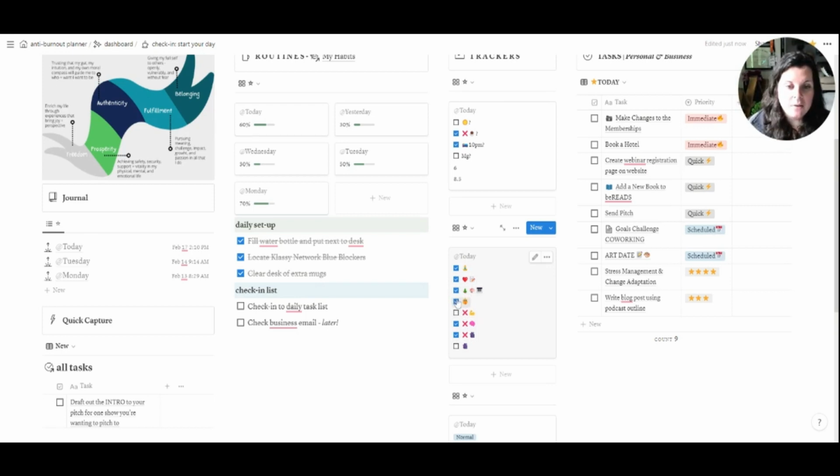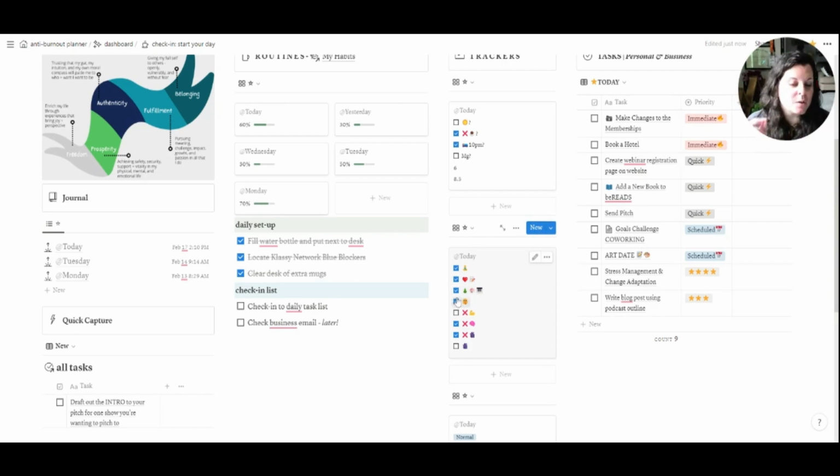And then creative rest and sensory rest, that's what this one is. And this one, I get in two different ways. I usually get it in by either going for a walk outside without headphones, which I did this morning, or I get it in by spending some time painting or playing the piano. So that's why I have both a tree, a painting, and a piano next to this. These are the ways in which I get those things in.